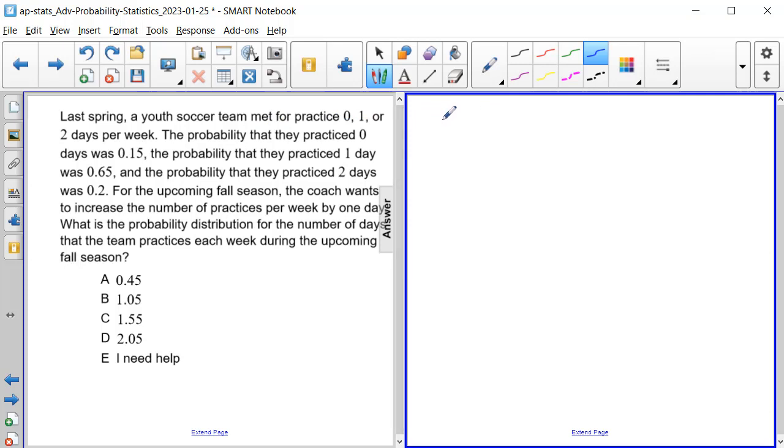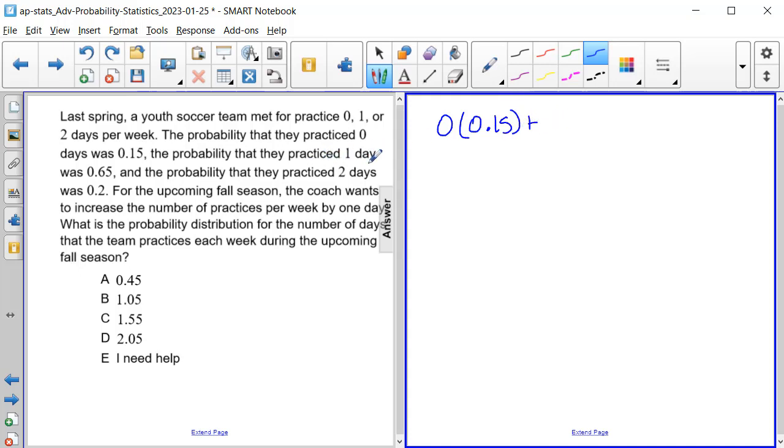So they could have met 0 times per week. For example, if it was a rainy week and they were originally assigned to practice on, say, Tuesday and Thursday, and the rain was there Tuesday and Wednesday, and the field was still soggy Thursday, they might not have practiced at all. So 0 practices, and the probability for that was 15/100ths, or 15%,